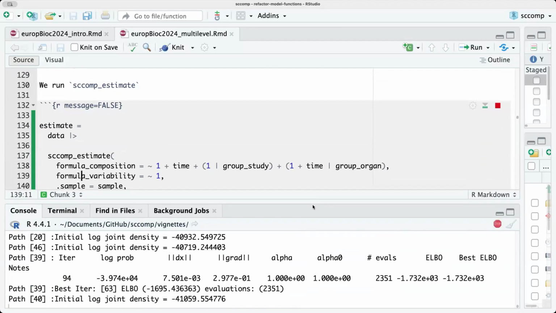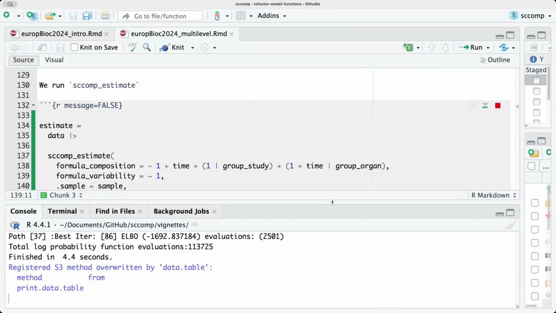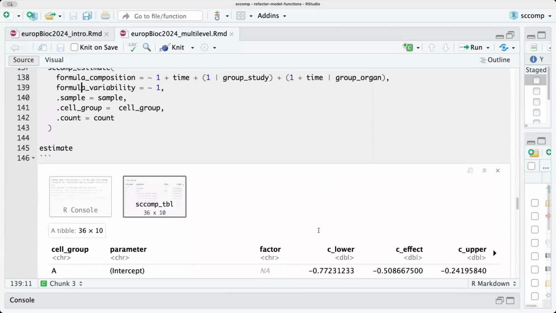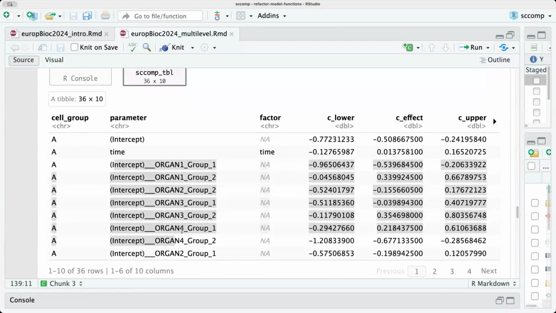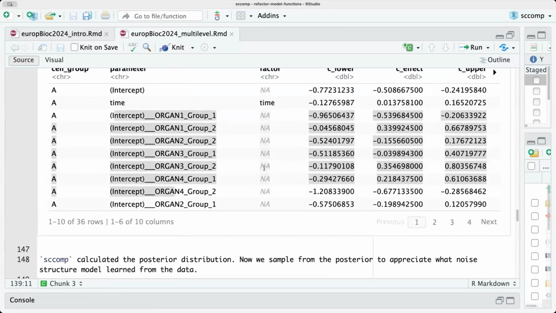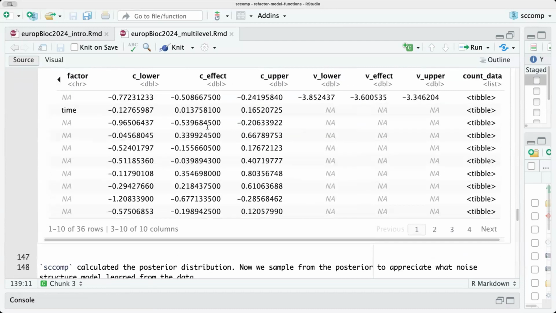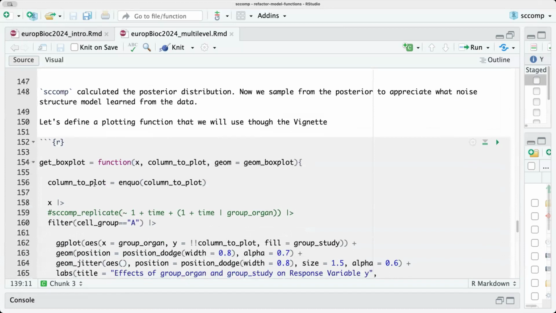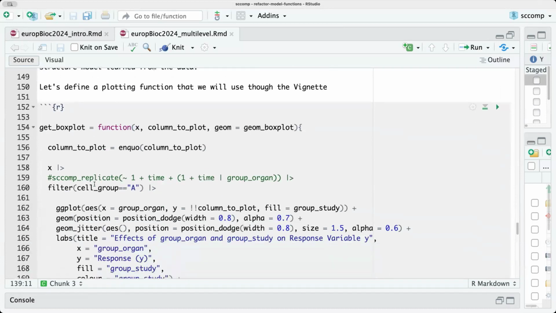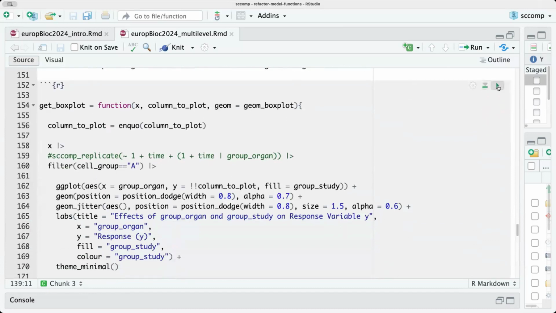Okay, anyway, so the model has been fit. And our estimate looks like what I showed you before. In this case, we have 2 cell groups, A and B, and we have the effects for each of those cell groups, including the fixed effect and all the random effects. In this case, intercept mostly, but also time for the organ. And you have, again, the effect, and you can calculate statistics with sccomp test. In this case, again, time is a dummy variable, so it's not relevant. But just to show you the gist,